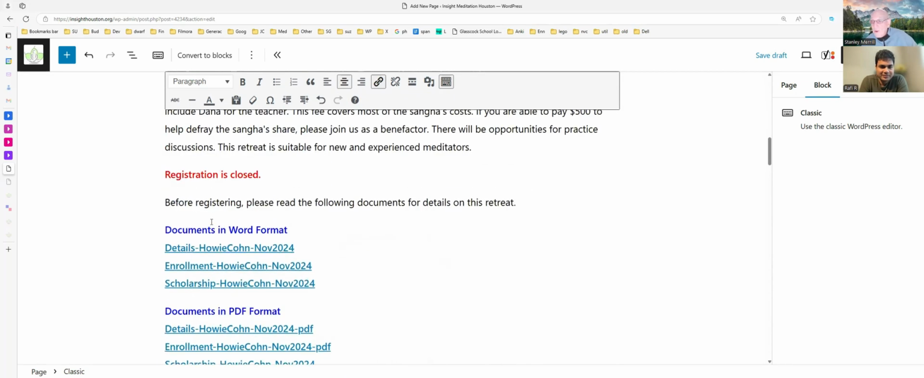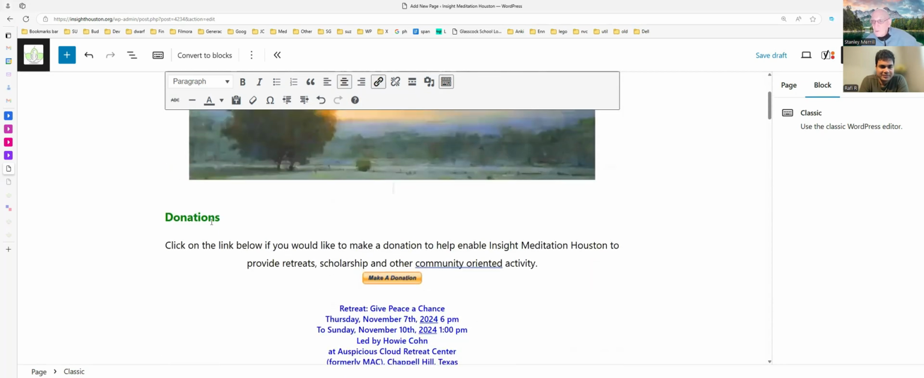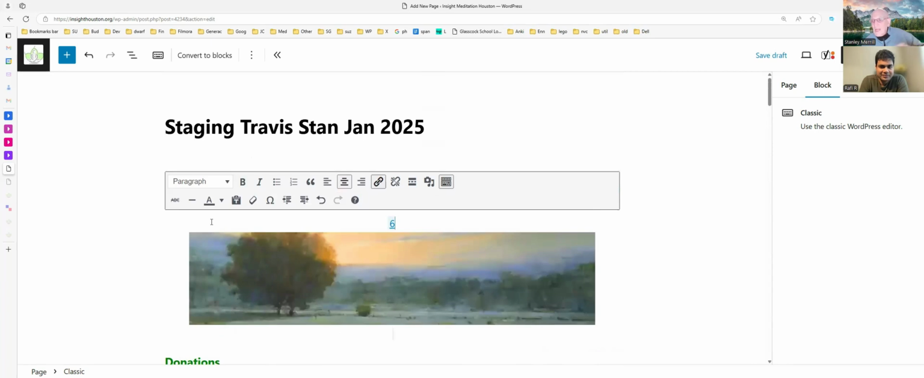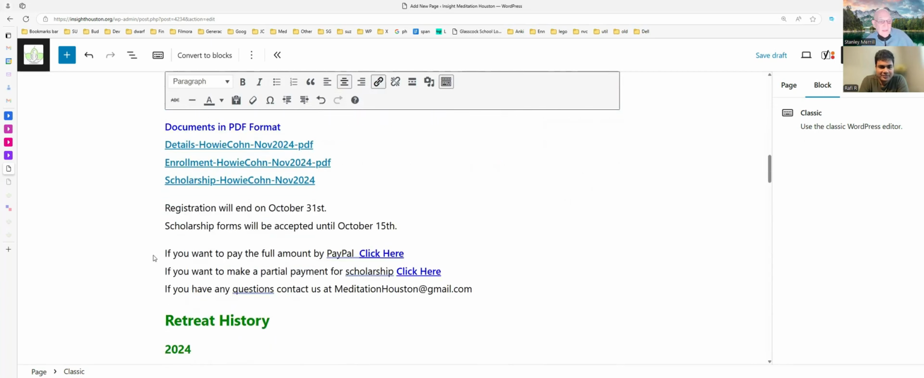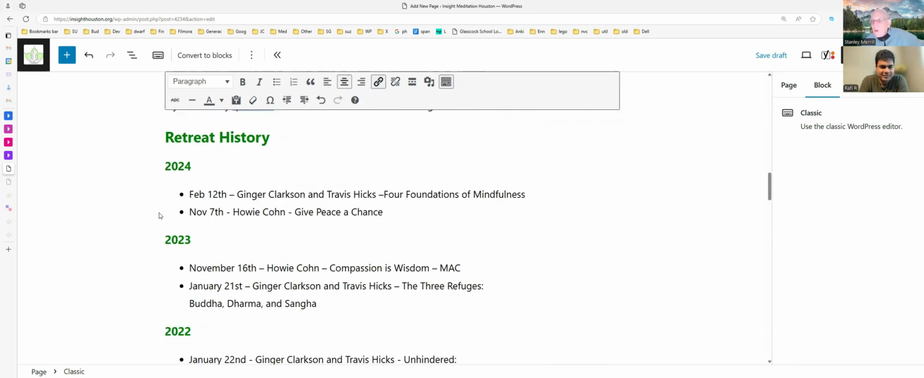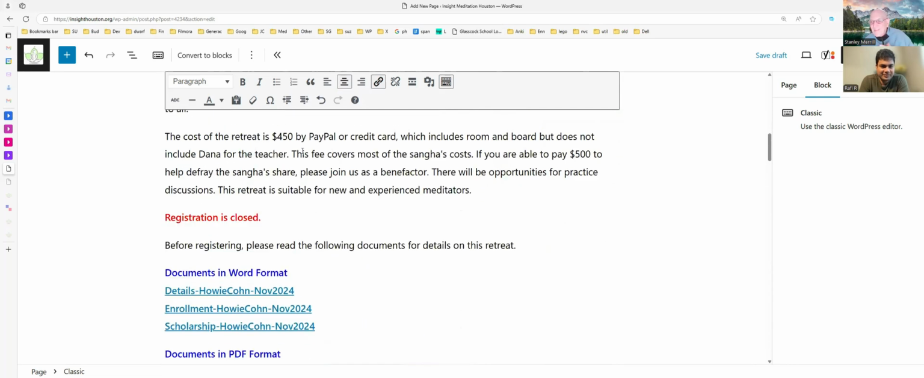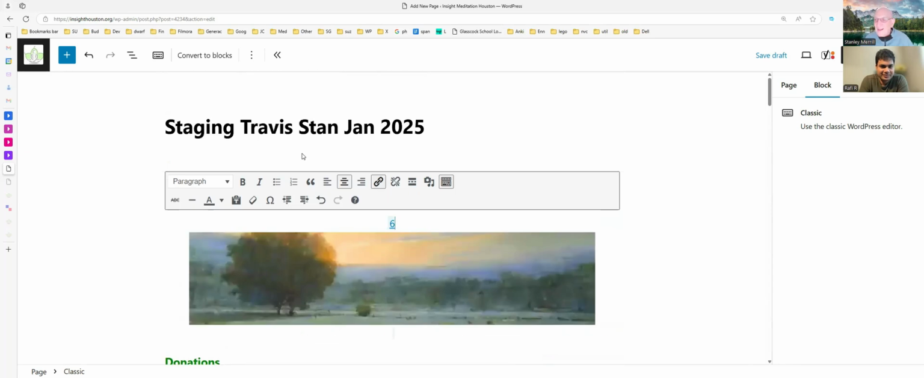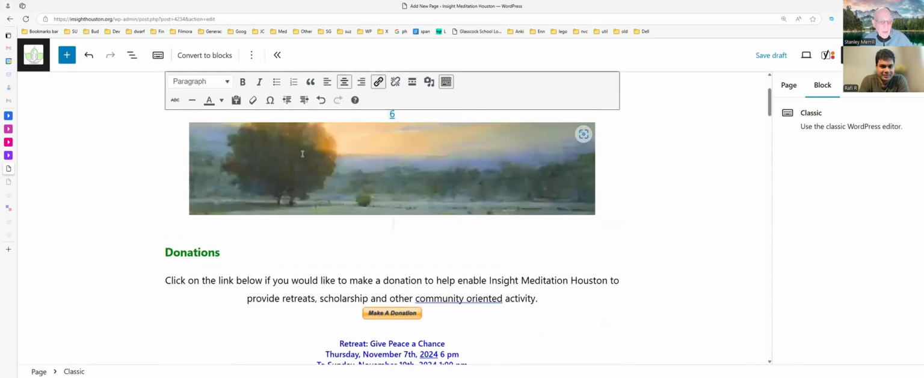In some cases, if I go back to Howie Cohn did a retreat at Margaret Austin Center and it's not the last one, then if I get a very old staging one, the retreat history won't be accurate. So if you just understand this, you can figure out, well, I just delete the event part and leave the retreat part. But anyway, it talks about it in the document. I say what to do in that document. Okay,